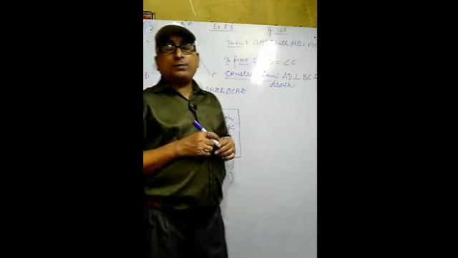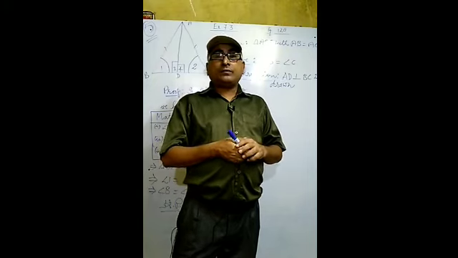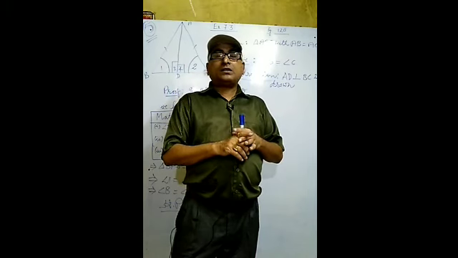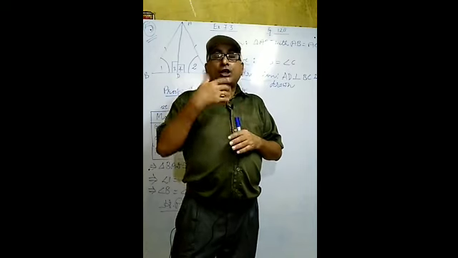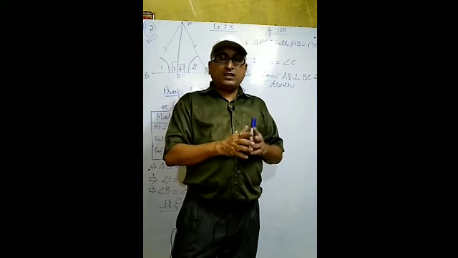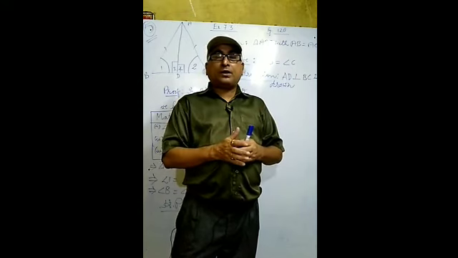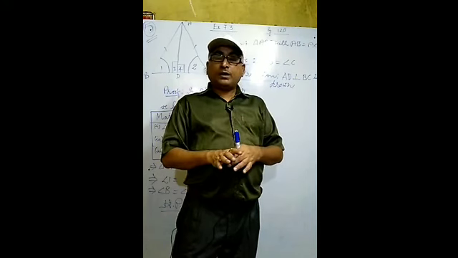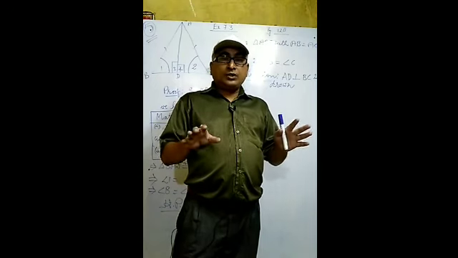Now exercise 7.4 is out of portion due to this pandemic situation. Some portion is deducted, just as chapter number 5, Euclid's geometry, is deducted from the portion. In the same way, the triangle inequality property is also deducted from this chapter. It means exercise 7.4 is based on the triangle inequality property, and that much portion is deducted by the CBSE board. In this way, we have completed the half yearly portion of class 9th.